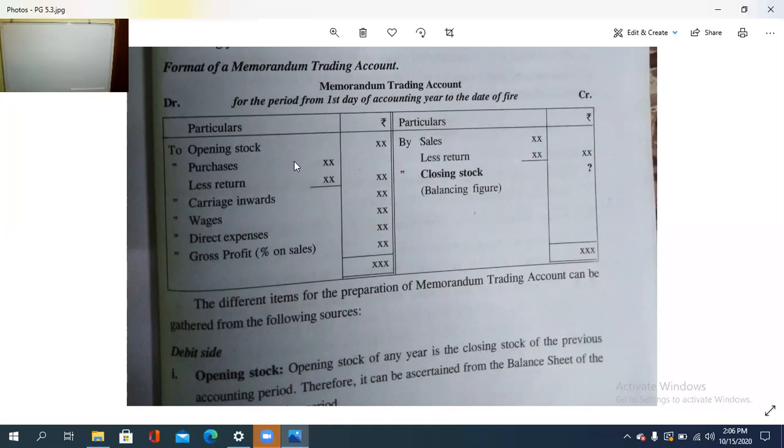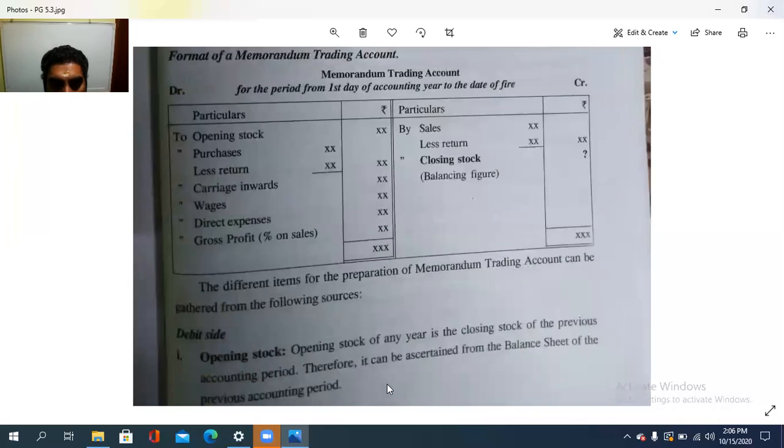അപ്പം സെയിൽസ് ഉണ്ട്, ഡെബിറ്റ് സൈഡിലുള്ള ഐറ്റംസ് എല്ലാം ഉണ്ട്. നമ്മൾ ട്രേഡിംഗ് അക്കൗണ്ട് ഒരു പ്രൊഫോമ ഓഫ് എ മെമ്മറാണ്ടം ട്രേഡിംഗ് അക്കൗണ്ട് അതാണ്. ഇതിന്റെ ഐറ്റംസ് എല്ലാം നിങ്ങൾക്ക് അറിയാവുന്നതാണ്. ഓപ്പണിംഗ് സ്റ്റോക്ക് എന്താണെന്ന് അറിയാം, പർച്ചേസസ് ലെസ് റിട്ടേൺസ് അറിയാം, ക്യാരിയേജ് ഇൻവേർട്സ് അറിയാം, വേജസ് അറിയാം, ഡയറക്റ്റ് എക്സ്പെൻസ് അറിയാം, സെയിൽസ് ലെസ് റിട്ടേൺസ് അറിയാം, ക്ലോസിംഗ് സ്റ്റോക്ക് ബാലൻസിംഗ് ഫിഗർ ആണ്. ആ കാര്യമാണ് ഇനി ഇവിടെ പറയുന്നത്. ഓക്കെ,